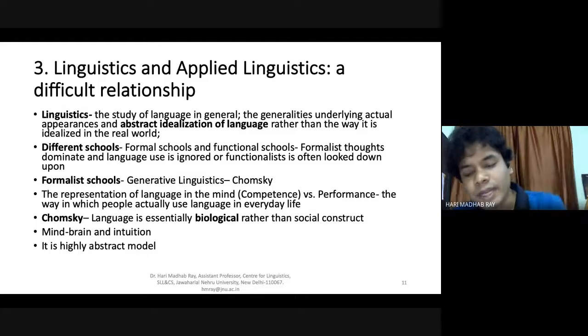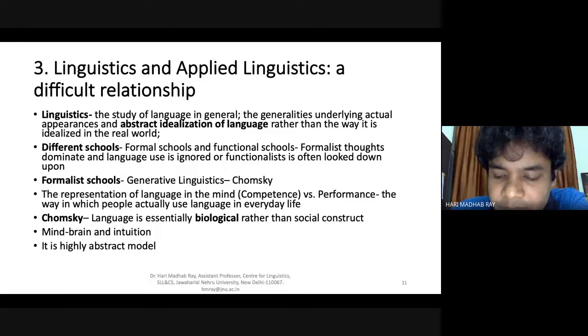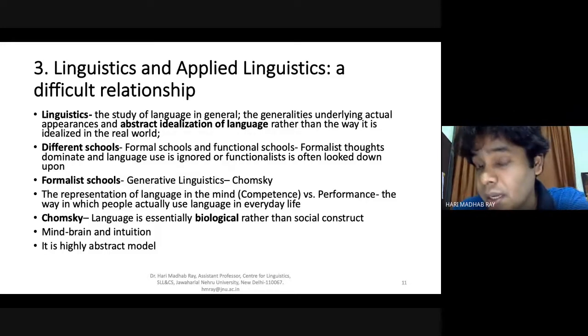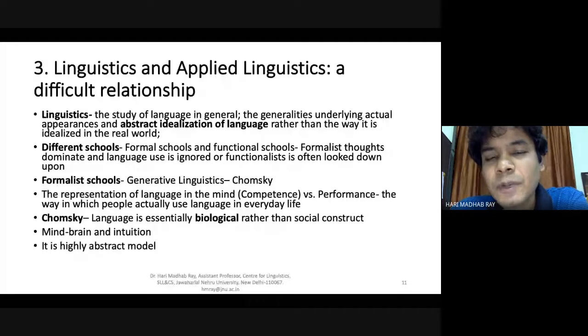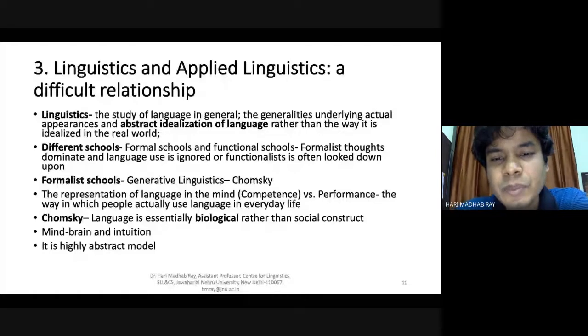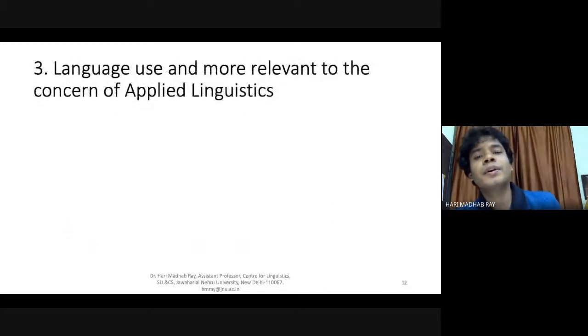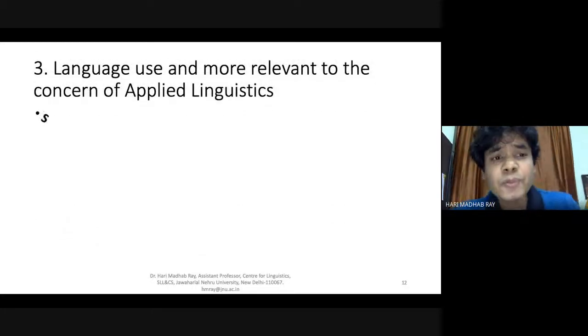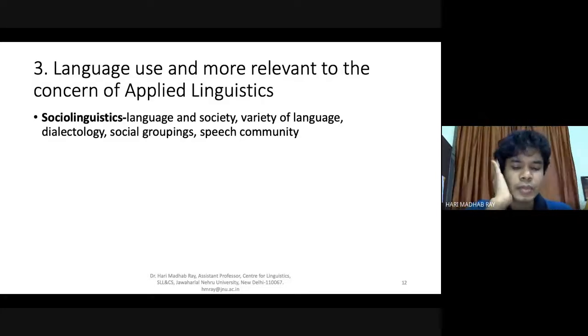This is where a little bit of Chomsky and his premises come in, in the formalist schools. I'll come back to this once I talk about, especially, this Chomskyan tradition, as well as the concepts of grammar, maybe in the next or next-to-next classes. Now, what happened within the formalist schools is that there are many people who